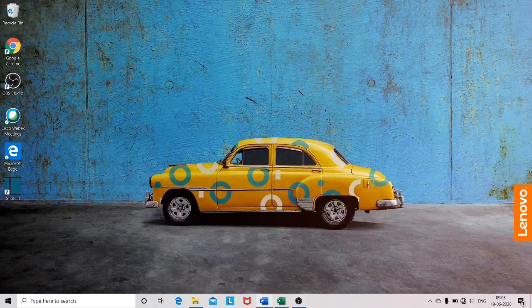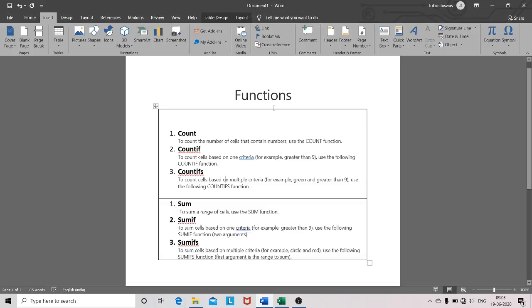So what is the count function? It is nothing, just to count the number of rows or number of cells where the data exists. CountIf is just to add a condition to the count, and COUNTIFS adds multiple conditions when you are counting the numbers.